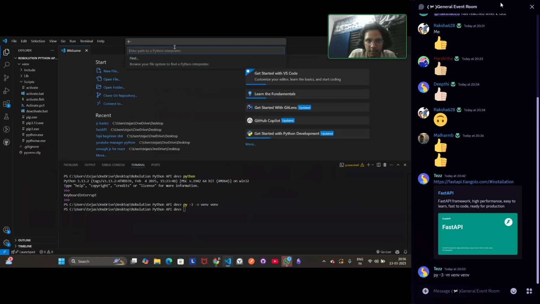Why is it? Enter interpreter path. Enter to a Python interpreter again. Same thing. Dot dash when